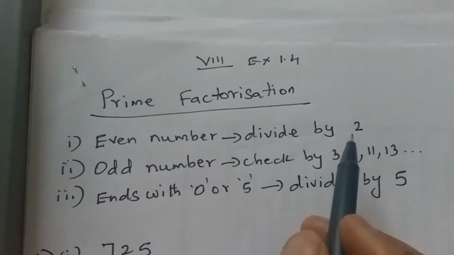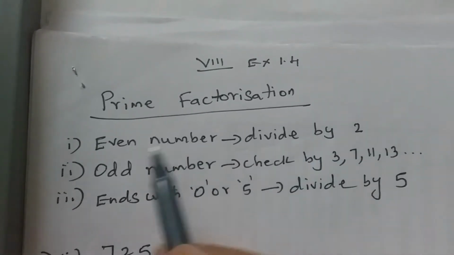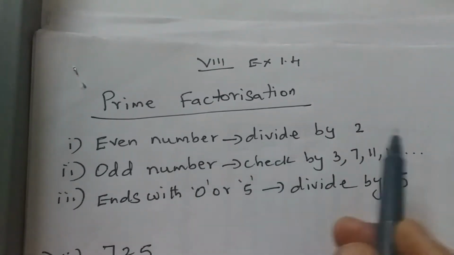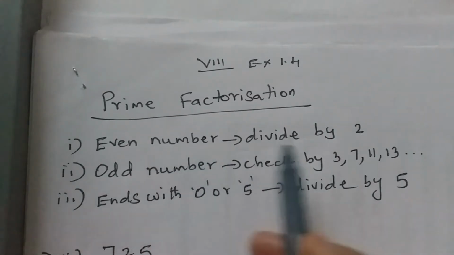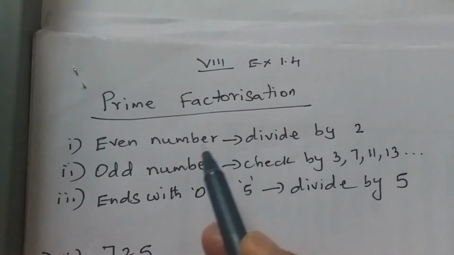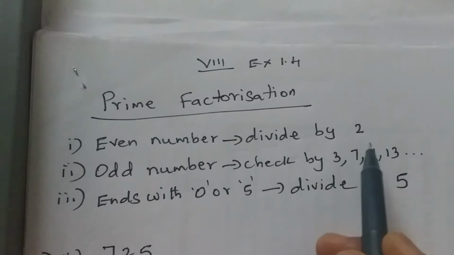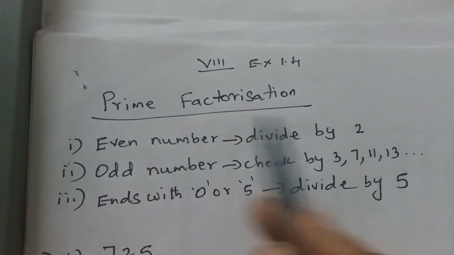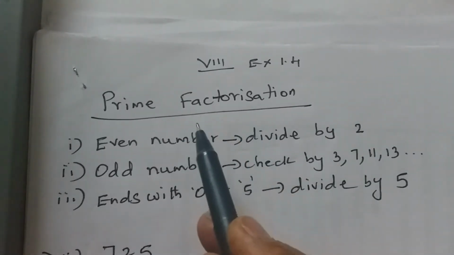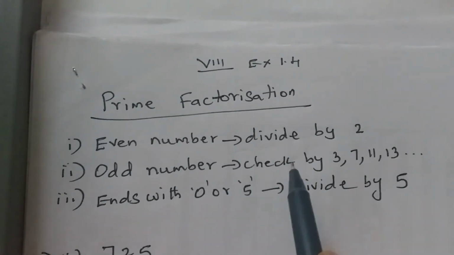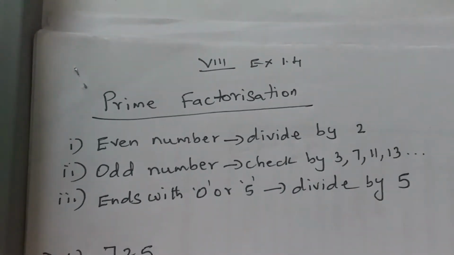No. Then you take 8. It is an even number. Is it there in the 2 table? Yes, 2 fours are 8. So that is the meaning of divisible by 2. All the even numbers are divisible by 2. So once you get an even number, you divide by 2, because all the even numbers are divisible by 2 and 2 is a prime number. Prime factorization means you have to divide that number by only prime numbers, and 2 is a prime number, so we can divide by it.